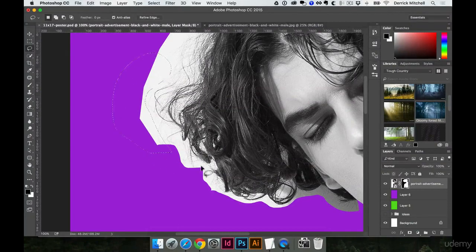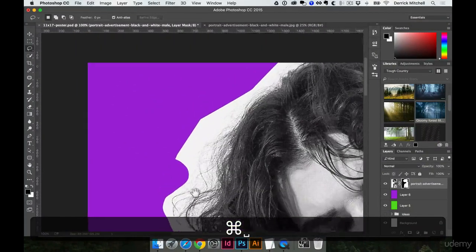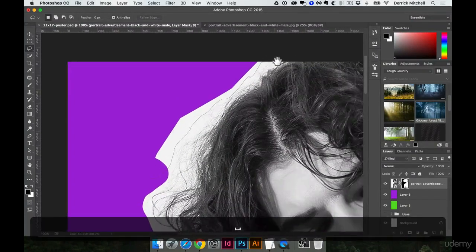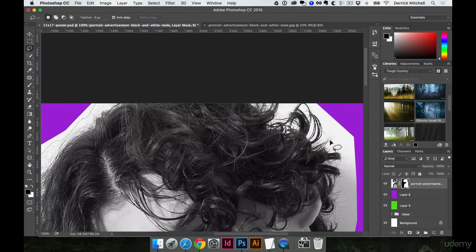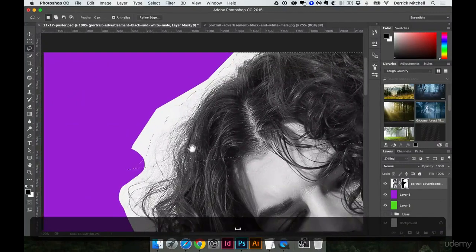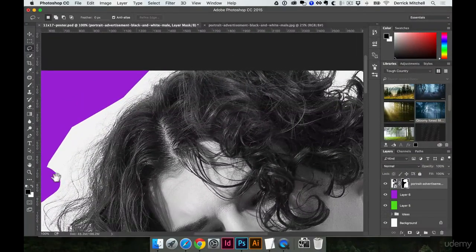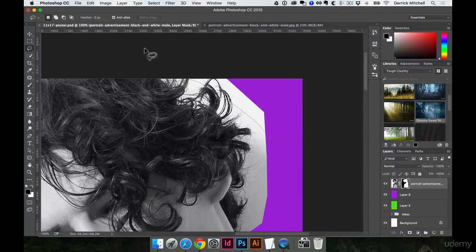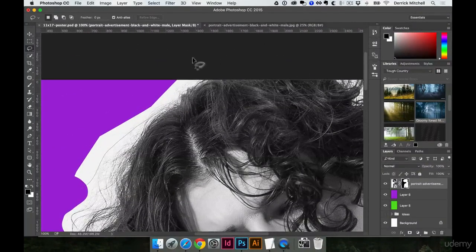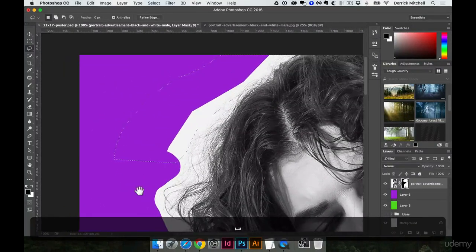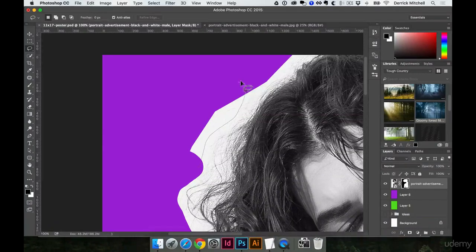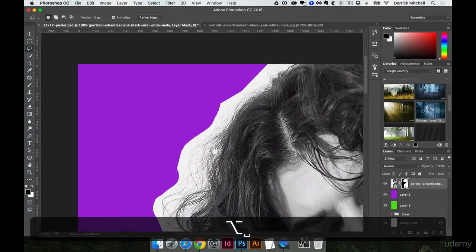And the reason why I'm only doing these little chunks and I'll hit Alt Delete is because if I had to try and trace all the way around, and then I'll hold down the space bar to move, and then keep coming over here, if I just let go here, it closes the gap as a circle across his forehead, and I don't want to do that. So what I would have to do then is come back all the way around. I'm still holding down the mouse. I hit the space bar to move. I'm still holding down on the mouse to basically make this loop shape. Okay, so that's why I'm just quickly grabbing little chunks,